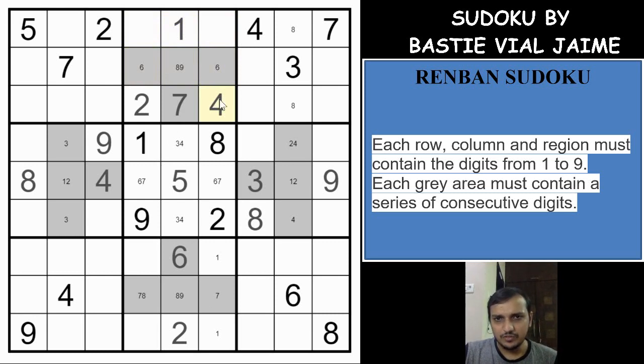Same way, the 4 and these 2 cells are locked as a 3 4 pair. It means these 6 cells cannot be a 4, and this cannot be a 4, right? So 4 5 6 7 and 8 and 9, one of the 8 and 9 has to be here, which makes the 5 cell region. So one of the 4 has to be in these 2 cells, right? The same way, this 3, if you see 3 is eliminated from here, it means these 2 cells will have a 3 pencil mark.